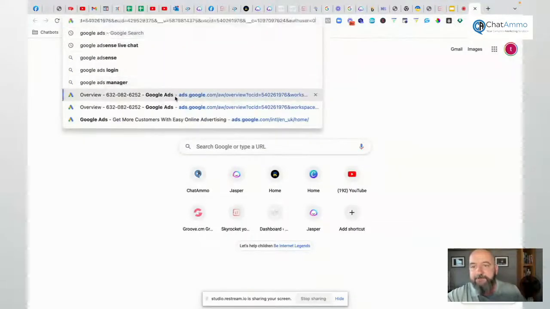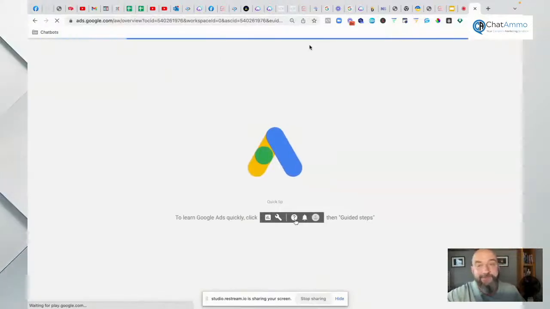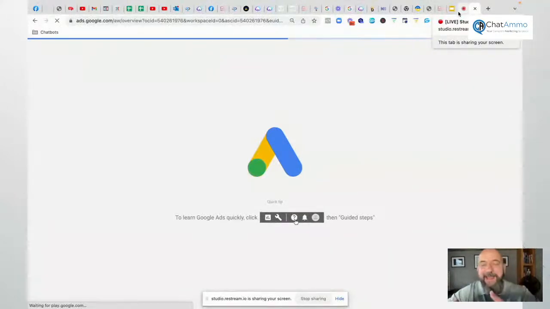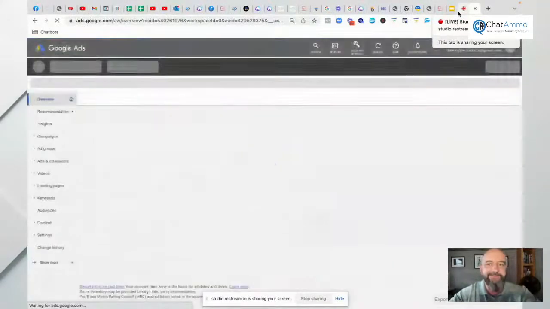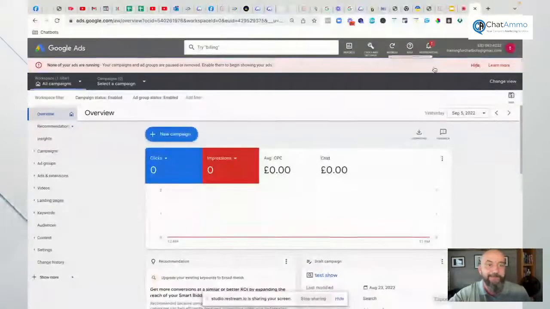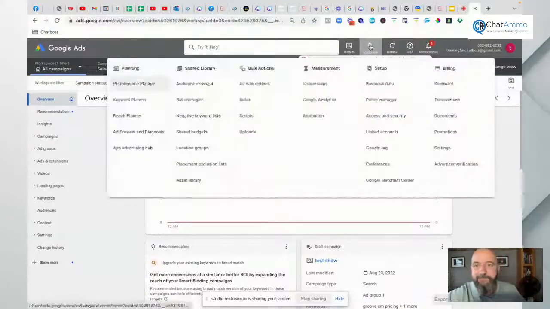We're going to say, for example, I still haven't got my new credit card, so Google Ads is going to come up and say that I owe them money, which I know because this credit card's driving me nuts. Now, within Google Ads, this is what I would normally do for my keyword. Right now, there are various other keyword research tools out there. But I just find it easier because Google has the real main information. We already know that Google has everything that we're ever going to need. So why not use that? Right. So going to tools, and we're going to go into where they've moved it this time, Keyword Planner.